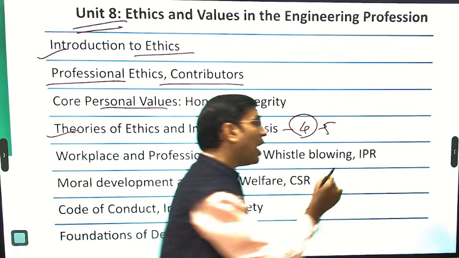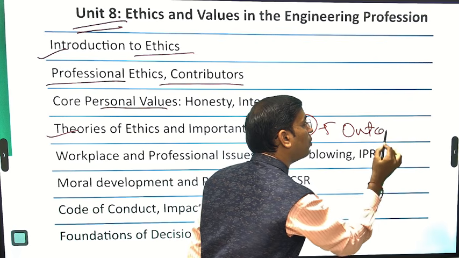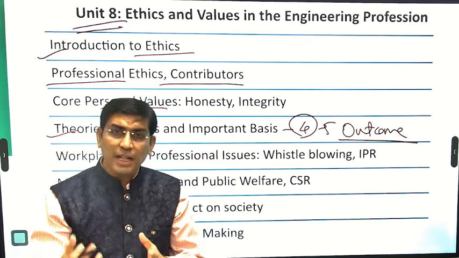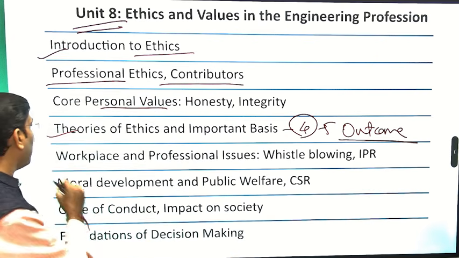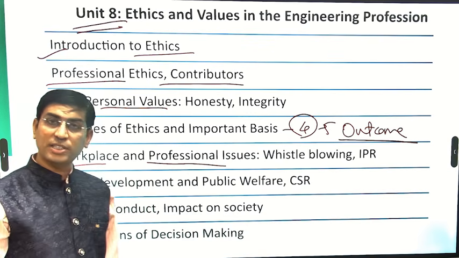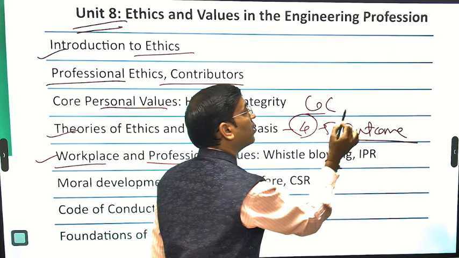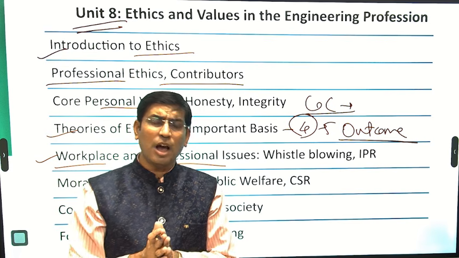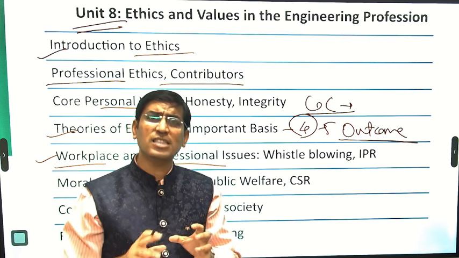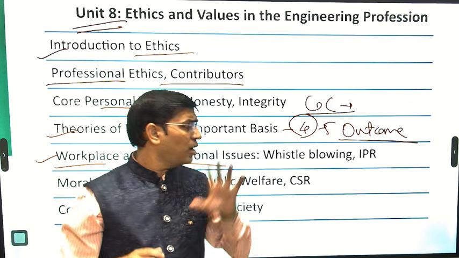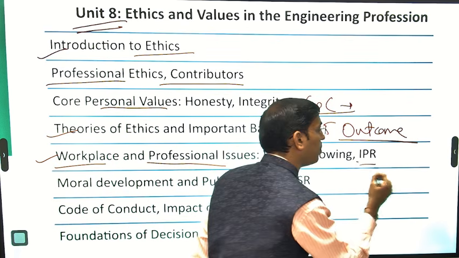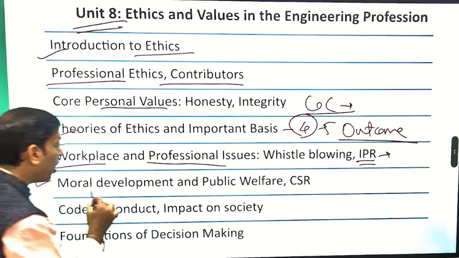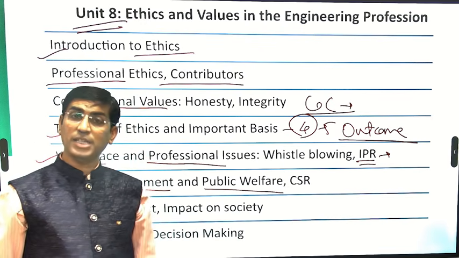If we are talking about utilitarianism theory, so the base of the theory is the outcome. Consequences have already happened, after that we think about it. Apart from that, workplace ethics and certain professional ethics like code of conduct, which is mandatory to maintain in the organization. Apart from that, code of ethics, conscience, probity, e-governance, all the points are there. Even some of the IPR, intellectual property rights, these are also associated with the ethics. Moral development and public welfare, that is again one of the key part.